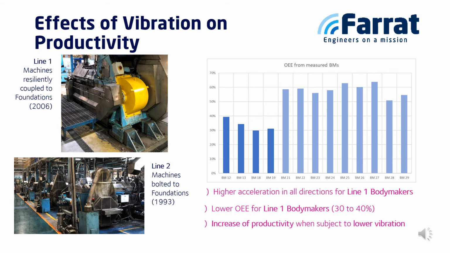OEE percentage results highlight the fact that body makers from line 1 present lower productivity with an average OEE of 35%. On the contrary, body makers from line 2 present a higher OEE of 58% collected during these last 6 months. Based on the results from the previous table, a correlation can be made between vibration experienced within the machines and how it influences their overall productivity, with availability and performance being lowered and spoilage increased. To summarize, this illustrates the fact that an industrial machine subject to lower